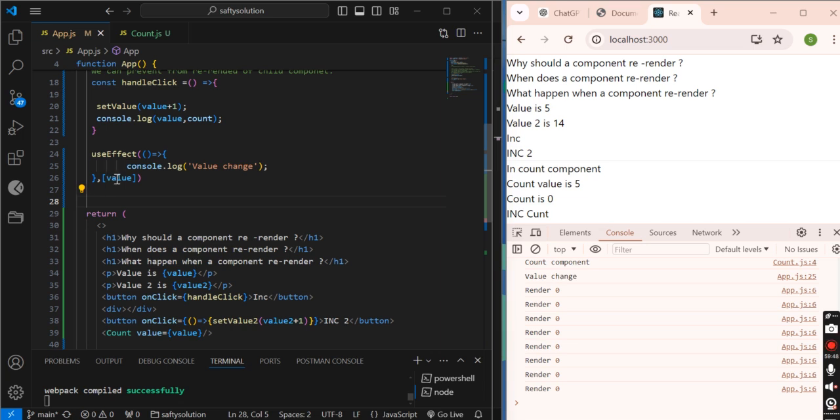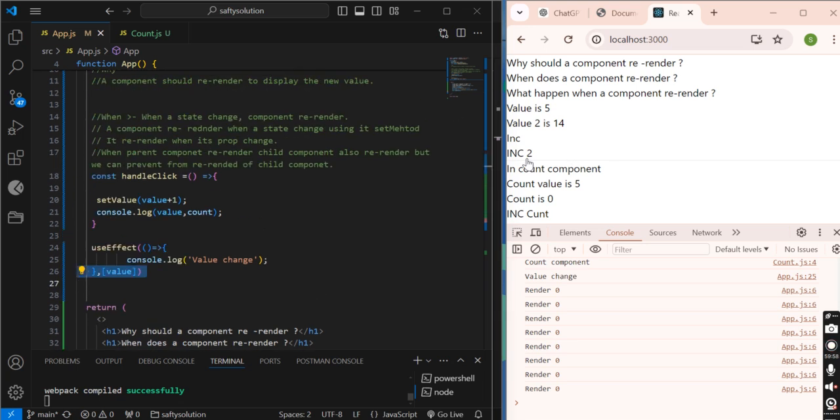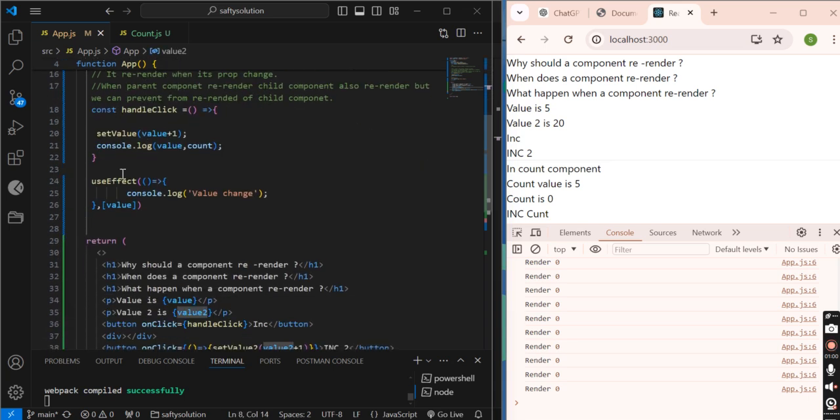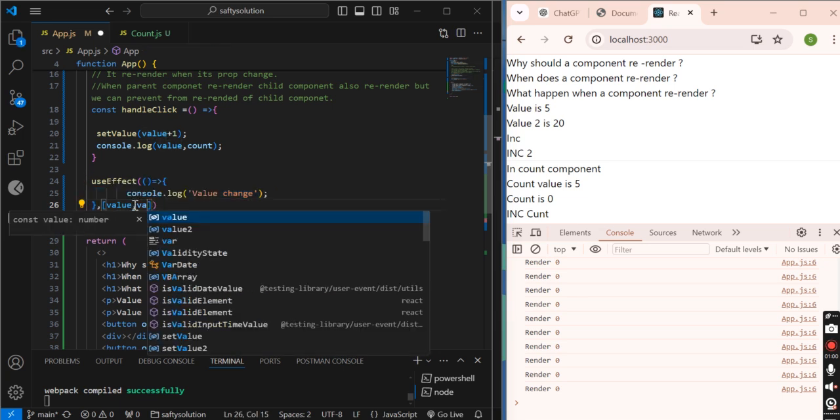And here we have made it so that this component function runs only when this value changes. When we are clicking num2 increase, this one is changing, value 2 is changing. That's why this function is not being called. What if we add value 2 here as well?